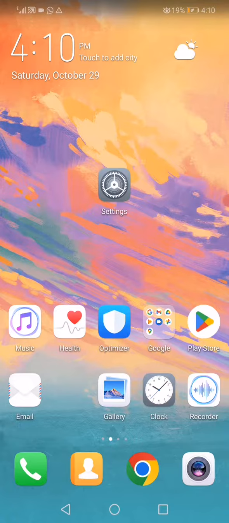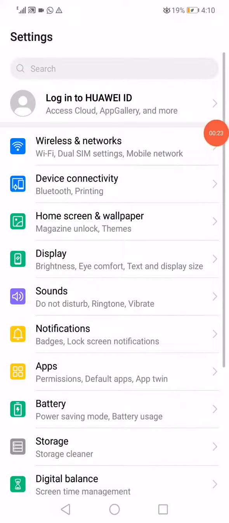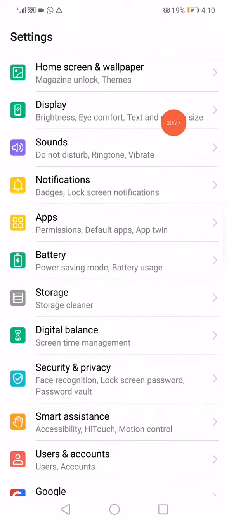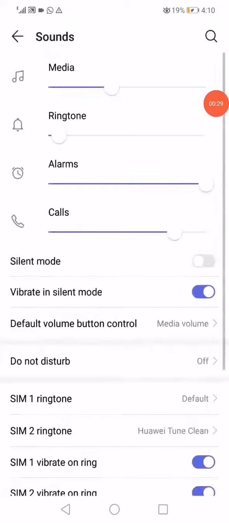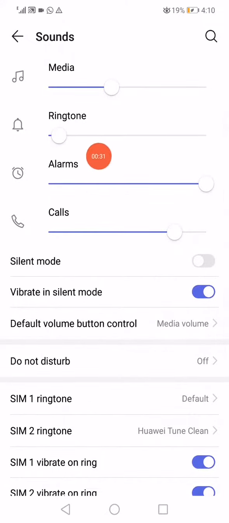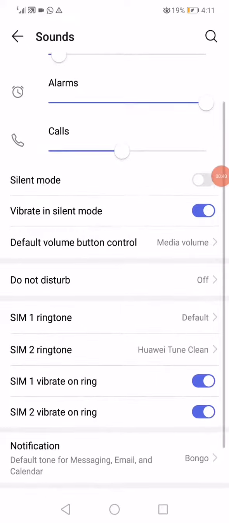So all what you have to do, the first step is go to settings on your phone, and then scroll down and go to the sounds option and make sure to manage the sounds of the media, the ringtone, the alarms, the calls from here. As you can see,